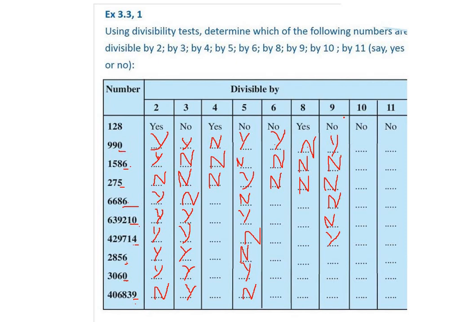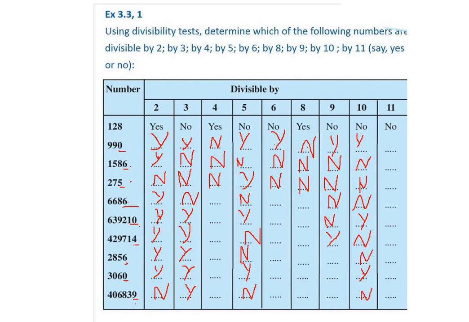It should be 0. If the last number is 0, we can say that the given number is divisible by 10. Let's see the last number 0. You find it here, so here it will be yes. And then we have 0 here, that means here it will be yes. And then we have 0 here, so here it will be yes. And the rest of all where the 0 is not there, obviously it will be no, no, no. Understood? Where 0 is there, that only could be divided by 10. The rest of all will be no.